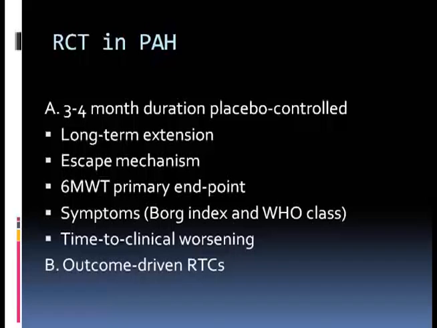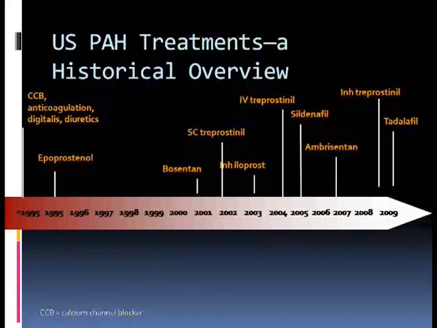So at the end of the day, I'm comparing apples with oranges anyway, because I don't have a head-to-head trial and it's not going to happen. And also, if you remember this historical perspective slide, obviously, right here in 1999, 2000, this is when the bosentan trial was happening. The only option was really the intravenous epoprostenol. The patient population that's been studied here is definitely sicker, even though you define them as functional class 3, for example.